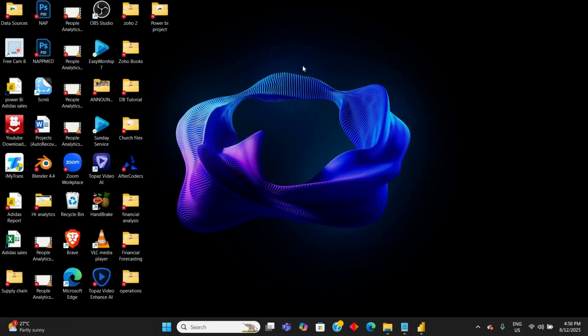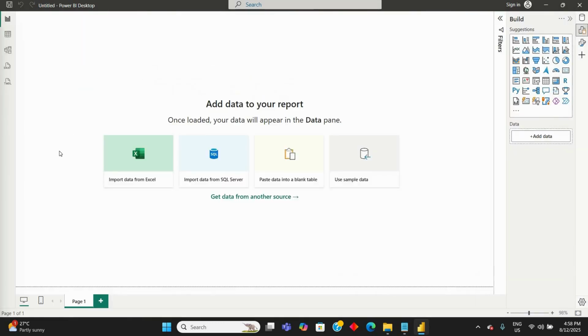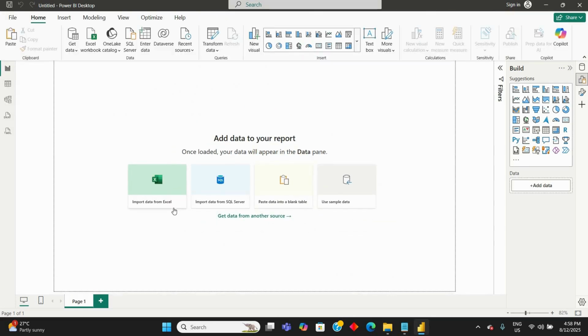Now the next step is to navigate to your Power BI. So here is the Power BI environment. Okay, and the next step is we want to bring in our data, which is we navigate to blank report, and then we have